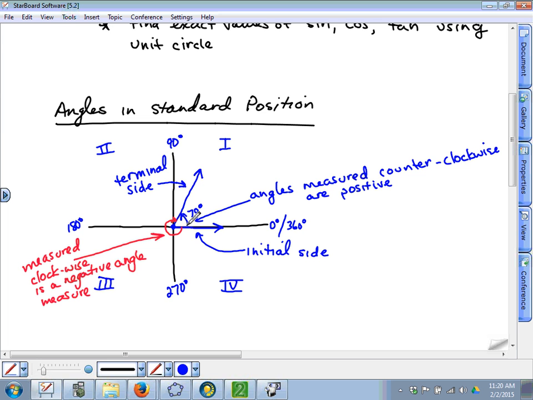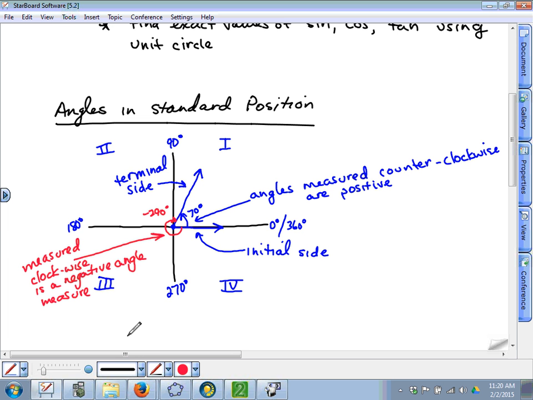Let's try this one more time. If we're saying this is positive 70 degrees, then isn't there a 20-degree gap right here? So now let's go around the other way, going clockwise. From here to here is negative 90, negative 180, negative 270. And what was the gap we said? 20 degrees. So it would be negative